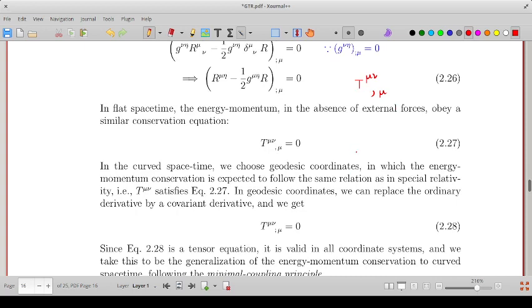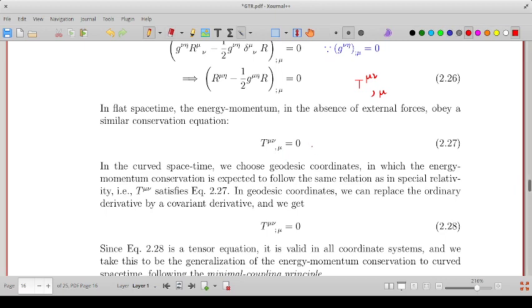Now we choose geodesic coordinates in which the Christoffel symbols are 0, and in these coordinates we expect the equation governing the energy momentum tensor in the special relativity to be valid as well,